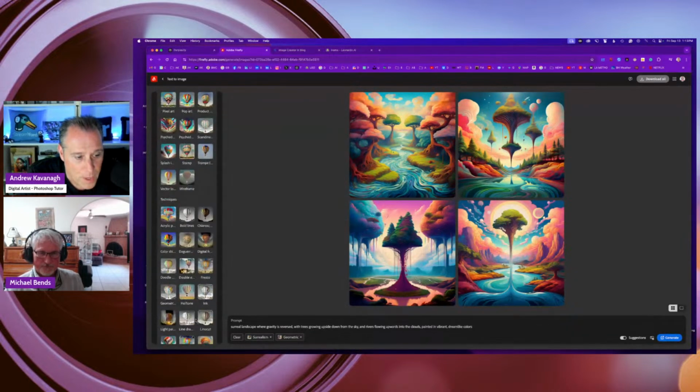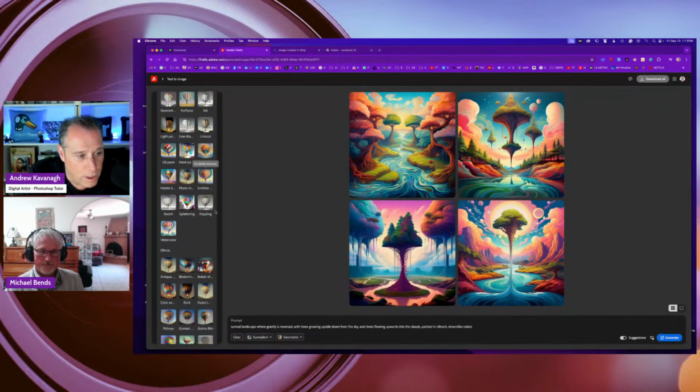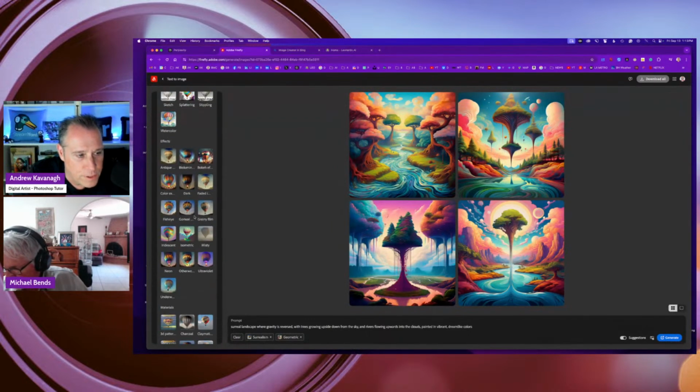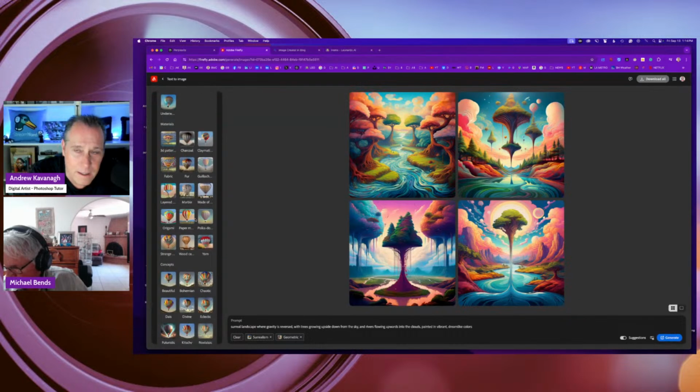It's pretty nice. And then just to go through all the options, watercolor, splattering, stippling, a lino cut or ink style, lots of choices to choose from.